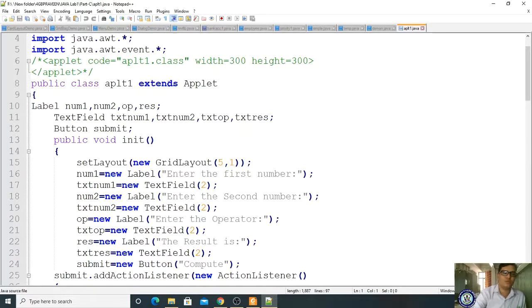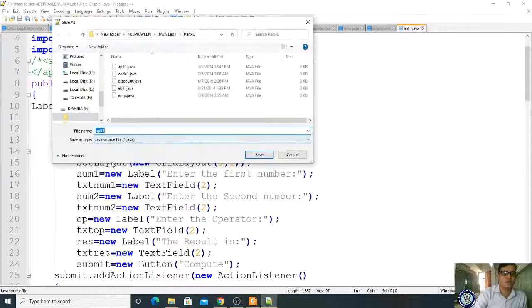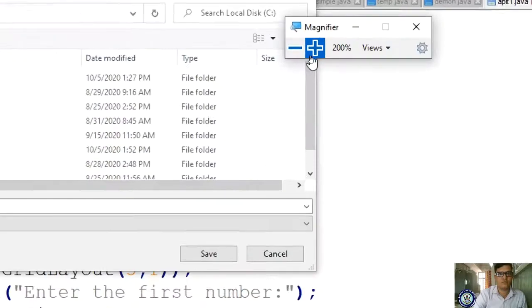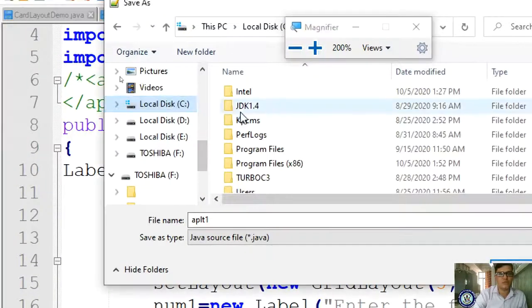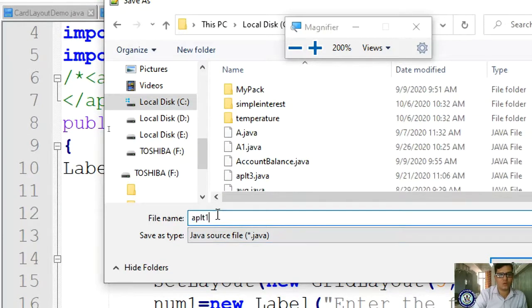Okay, let us save it as, and ensure that we save in the C directory, JDK 1.4 bin, as applet1.java.